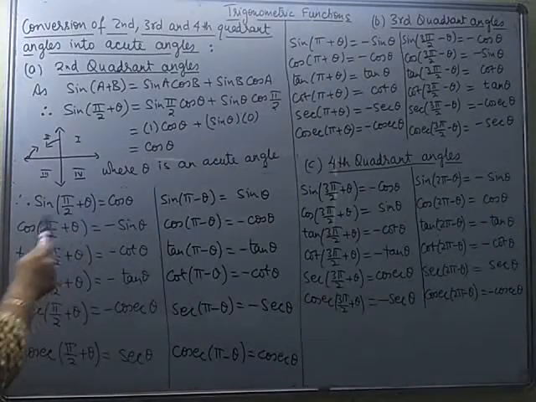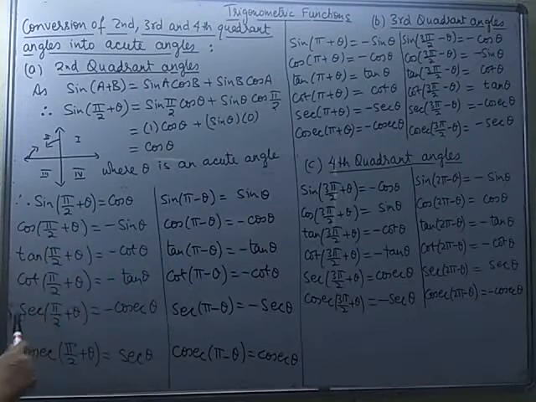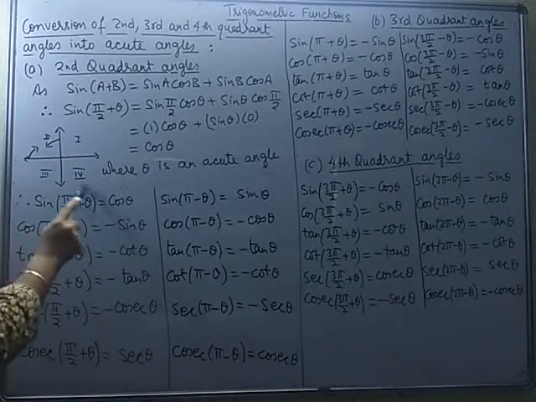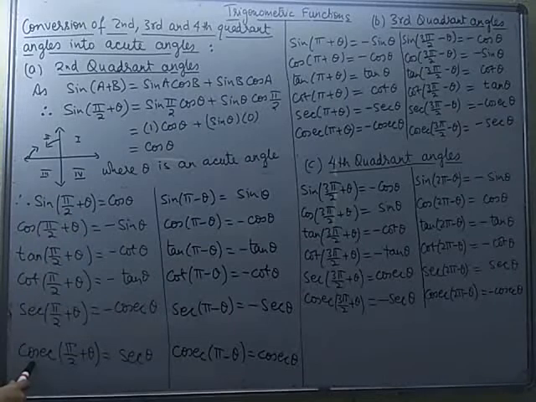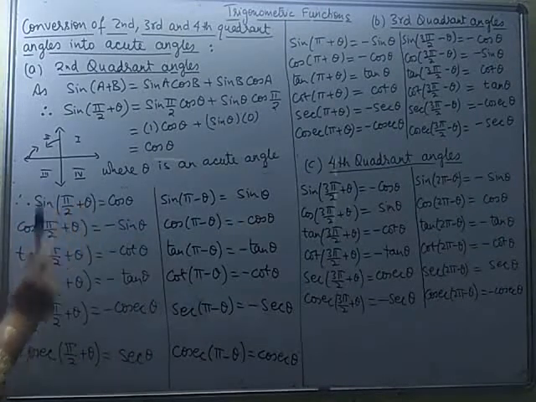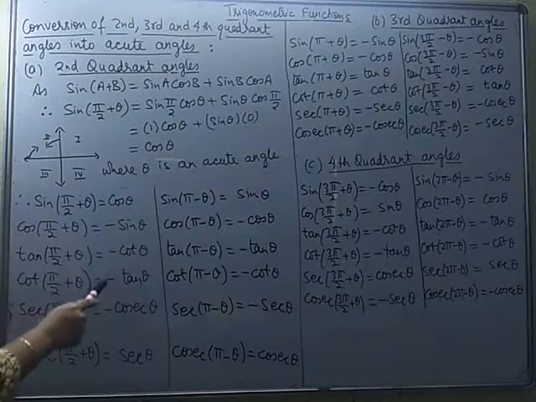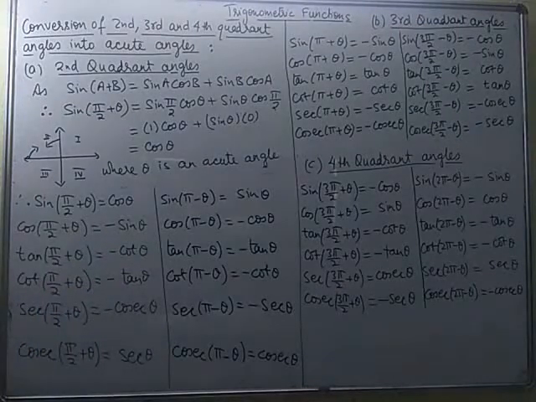Now other than this change, that the functions are getting changed, you will find some minus signs. So you can quickly remember which one will become negative. You all are aware in the second quadrant, sine of the given angle is positive. Its reciprocal cosec of that angle is also positive. So you can see sine pi by 2 plus theta is positive. Cosec pi by 2 plus theta is positive. Rest all are negative. Understood?